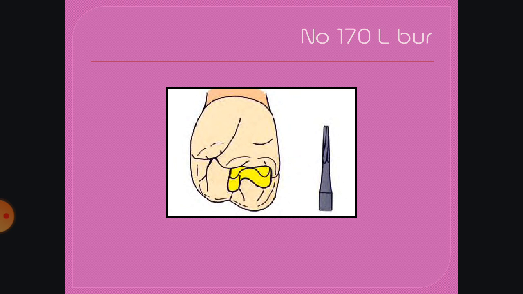If any developmental grooves are there, make sure they are included in your preparation. The isthmus is also prepared with the 170 L burr, and the approximate depth is around 1.5 millimeter.